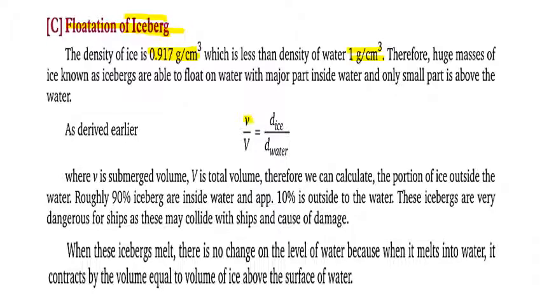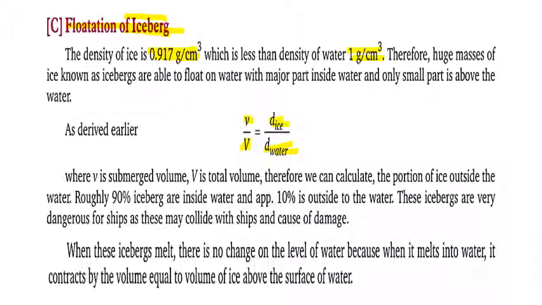Volume of immersed part upon the total volume is equal to the density of the body, the body is ice, upon the density of the liquid. The liquid is water here. Okay. Now, where v is the submerged volume, V is the total volume. Now, the portion of ice outside the water: roughly 90% of icebergs are inside the water, and approximately 10%